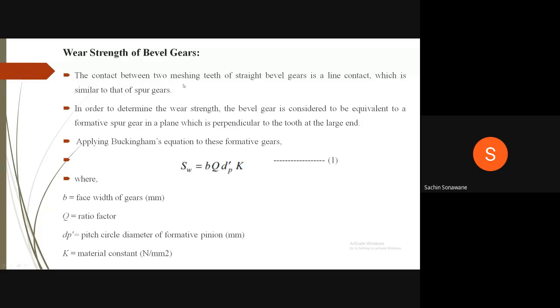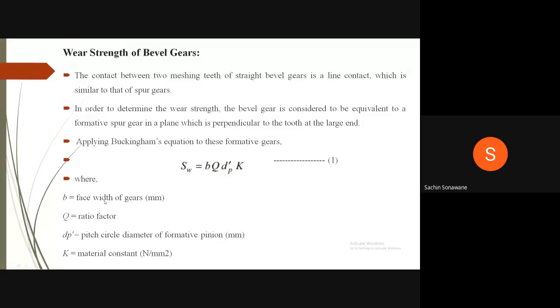The contact between two meshing teeth of straight bevel gears is a line contact, which is similar to that of spur gears. In order to determine the wear strength, the bevel gear is considered to be equivalent to a formative spur gear in a plane which is perpendicular to the tooth at the large end. Therefore, applying Buckingham's equation to these formative gears, Sw = B Q dp' K, equation 1, where B